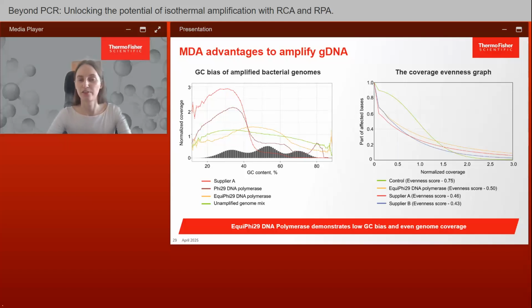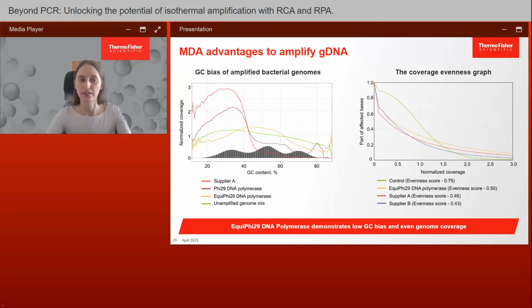And now look at the graph on the right. So here we are looking at the coverage evenness of single-cell genomes that were pre-amplified using MDA reaction. Ideally, we want every base to be sequenced with the same coverage, a perfect score of 1. But as we know, nothing is perfect in the real world, and our control amplified genome, labeled in green, had an evenness score of 0.75. So the next best score of 0.5 came from Equi Phi29 DNA polymerase, demonstrating that Equi Phi29 is the best option for